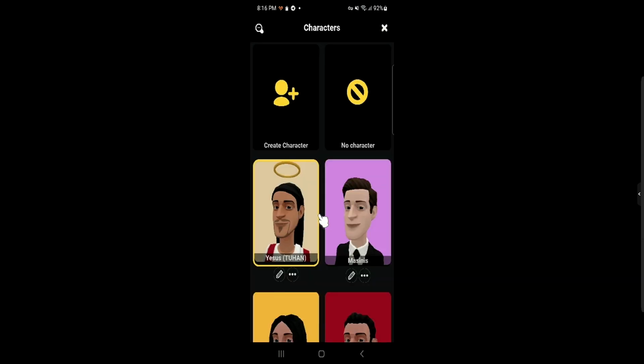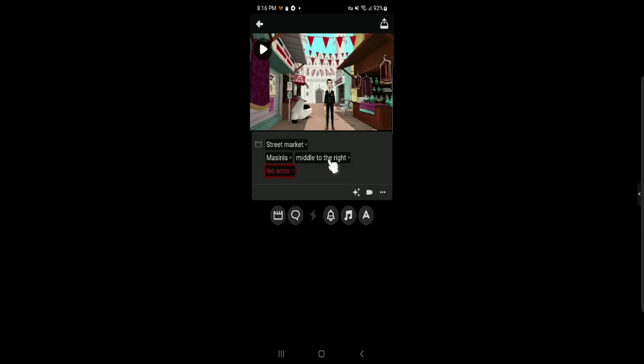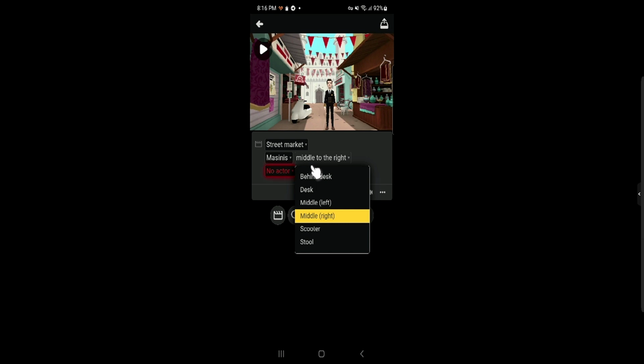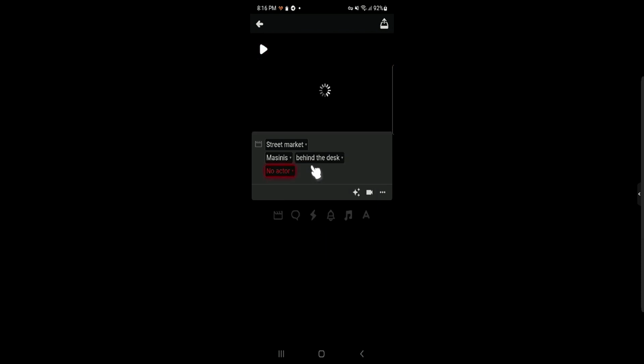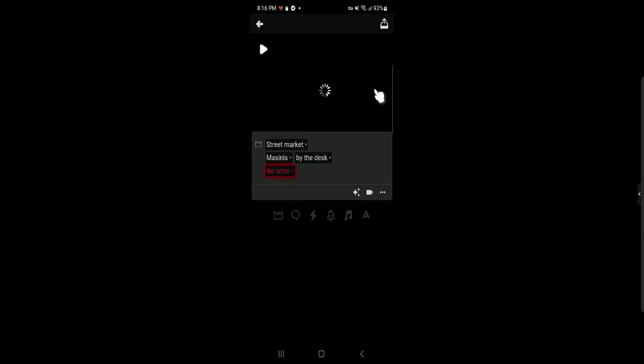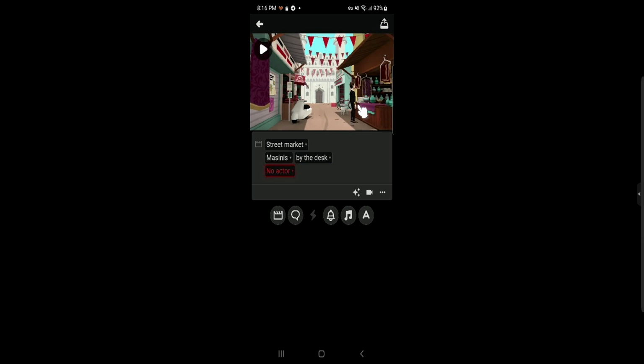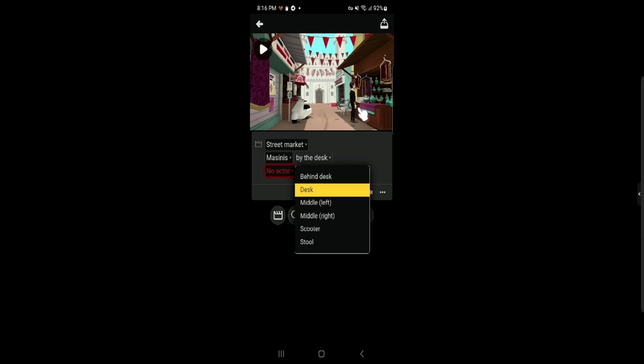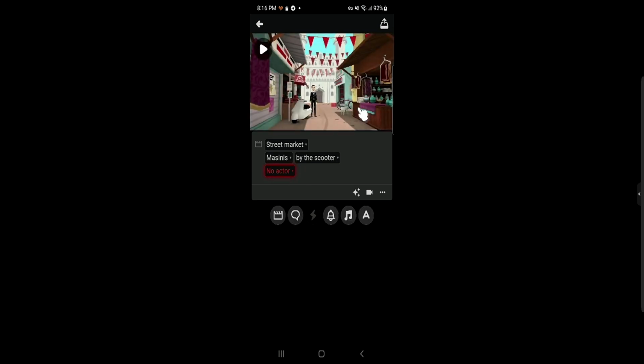click the character, like this, and you can see this is the character, and you can choose the location of the character like this, behind the desk, in here, on the desk, in here, scooter or stool. Okay, next